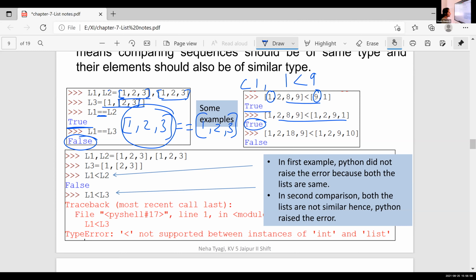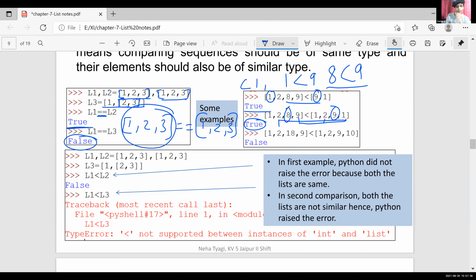Buddhadev? 8 is greater than 9, so it's true. Yes. There is no need of comparing this 9 and 1. You just compare the first one, 1 and 1. It is equal. So we just move to the next value. It is 2 and 2. It is also equal. So we'll take another value, third value. It is 8 and 9. So 8 less than 9. It is a correct statement or true statement. Okay, so 8 less than 9 is a true statement. So the result it is true. There is no need of comparing this 9 and 1. Is it clear, Tushar? Yes, ma'am.